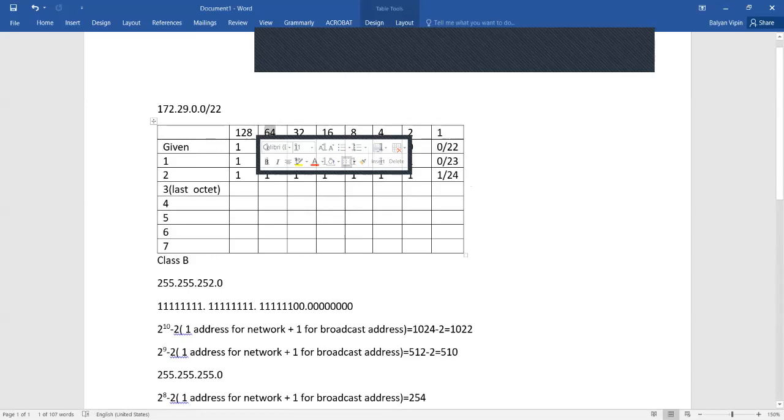The sum of all the numbers below it will always be one value less than that. What's the sum of this? 32 plus 16 is 48, 56, 60 and 63. So the sum of all these numbers is 63. If you go to the numbers below 32, it will be 16, 8, 24, 28 and 31. So it applies everywhere.